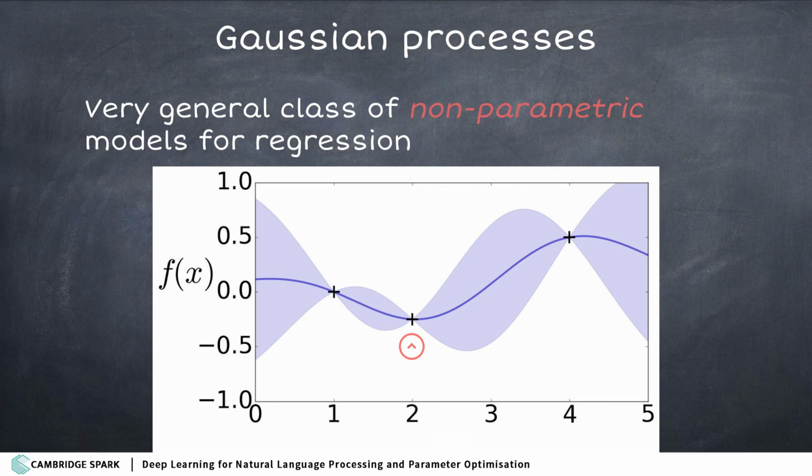So here we can see it knows that around this area, because there's already a measurement, it's very certain about what's going on, and here it has no clue, and this is certain again. So now that we have this intuition of what Gaussian processes are, how can we apply them to tune hyperparameters?